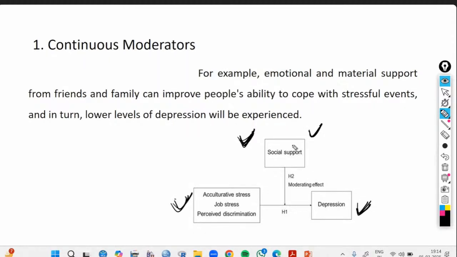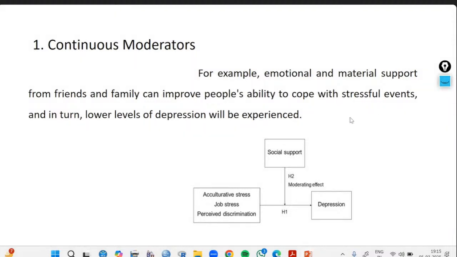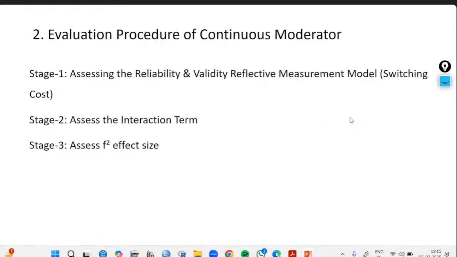depressed. ठीक है. तो social support, कई आप देखेंगे कि जैसे न्यूक्लियर फैमिली में लोग रहते हैं तो सोशल सपोर्ट या फैमिली सपोर्ट नहीं है तो वो स्ट्रेस और डिप्रेशन में हो सकते हैं. और अगर फैमिली सपोर्ट या सोशल सपोर्ट है तो जॉब स्ट्रेस कम होगा और डिप्रेशन भी उस पर कम होगा. तो ये एक तरह से सोशल सपोर्ट मॉडरेटिंग द रिलेशनशिप बिटवीन डिपेंडेंट एंड इंडिपेंडेंट वेरिएबल्स. अब इसमें मैं करना क्या है, how to evaluate the continuous